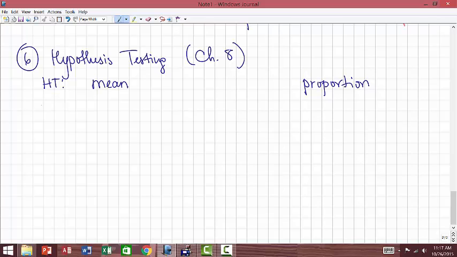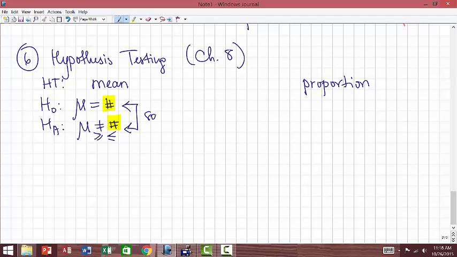If it's about mean, then set up your null hypothesis. It will say something like mu is equal to a number, and the alternative would be mu is either not equal to that number, greater than, or less than. A common mistake that I see is that this number must be the same. This has to be the same number,